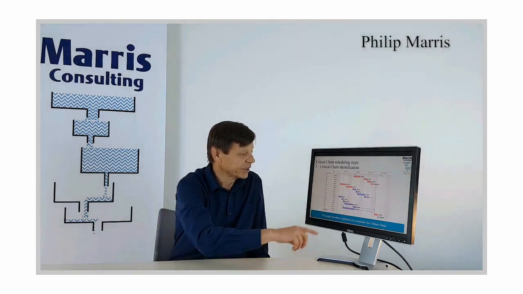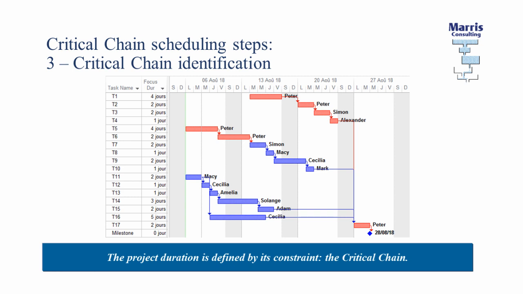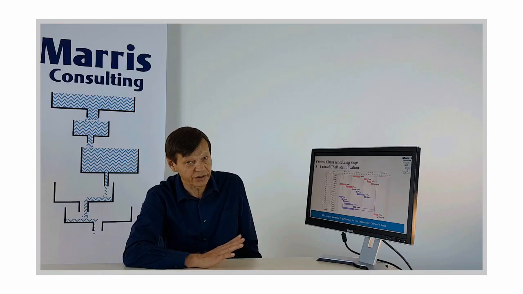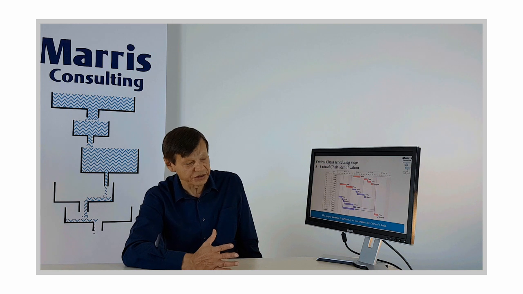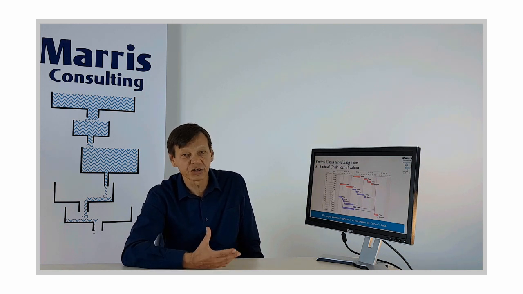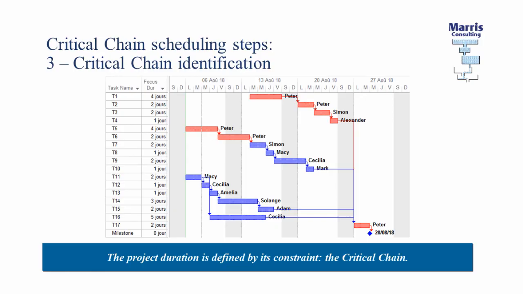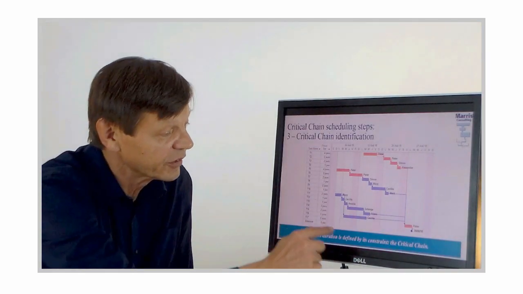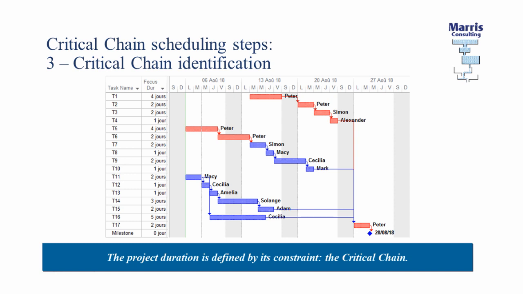So, where is the critical chain? Here it is. It's in red, okay? And it's fundamental. It is that sequence that is going to determine the duration of a project, right? It is not the critical path, it's the critical chain, okay? And I remind you, critical chain is part of the theory of constraints. You can also say that it is the constraint of your project. If you win a day on that particular sequence, your project will be a day shorter. If you lose a week going through that sequence, your whole project will be a week later, okay? It is not dependent on the non-critical, okay? So that's the critical chain,